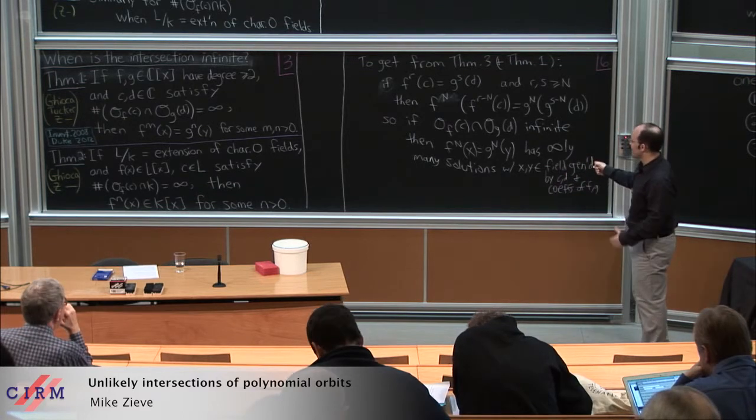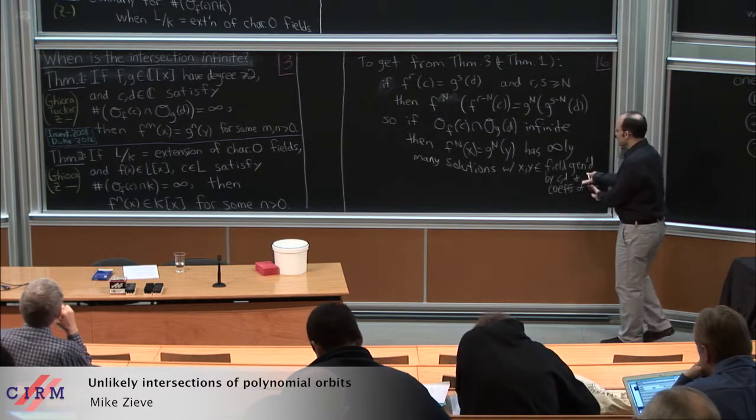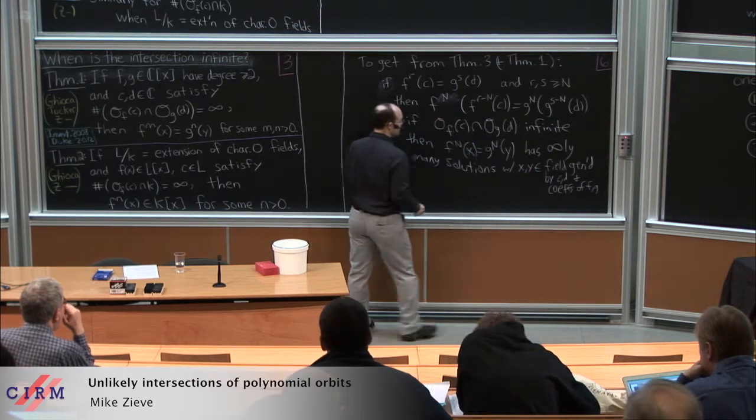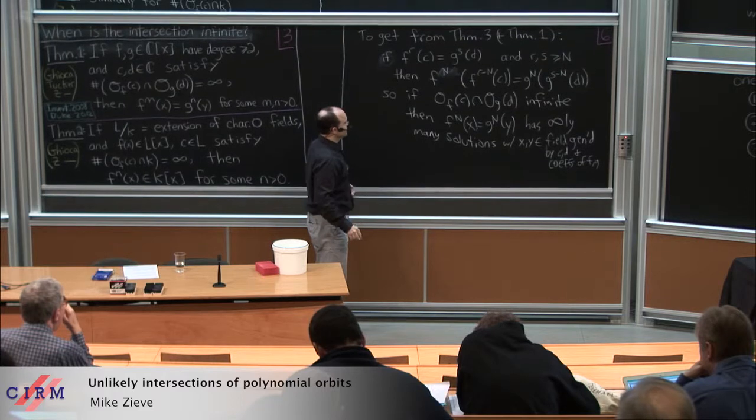But these are finitely many numbers that are generating it. So this is a finitely generated field of characteristic 0. And then